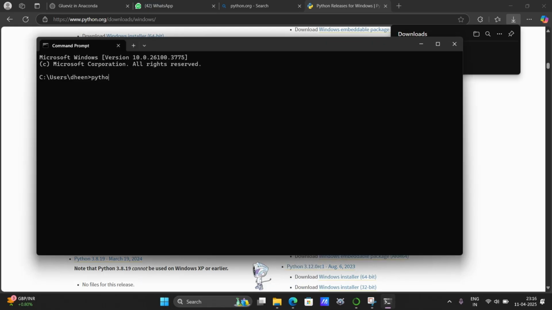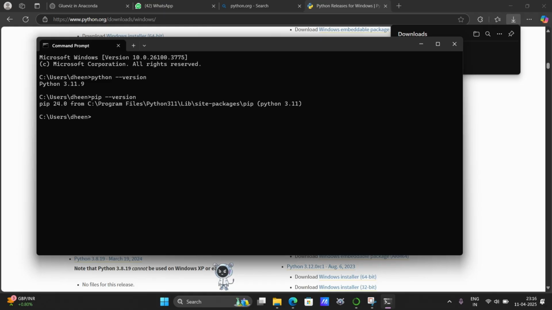So I'm opening CMD and typing python version. By doing so, I can see whether the Python is installed or not. Then I'm going to check whether the pip is installed or not. To do so, type pip version. As you see here, my pip has been installed of the version